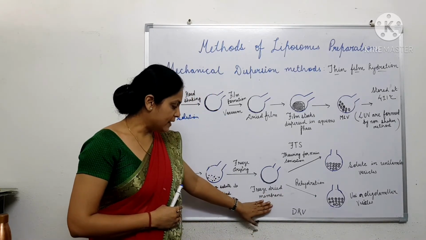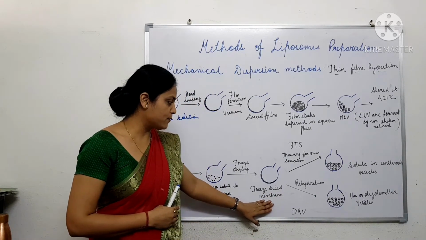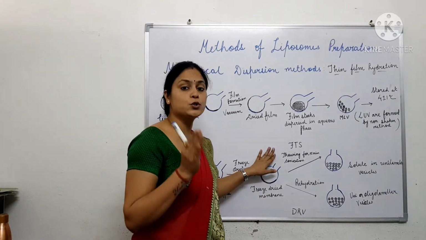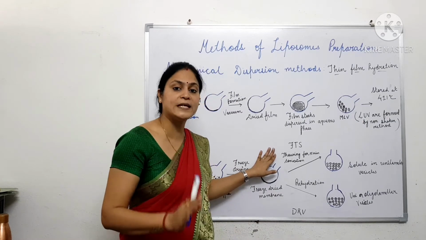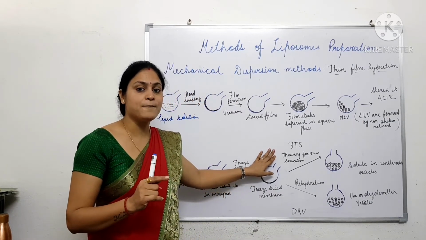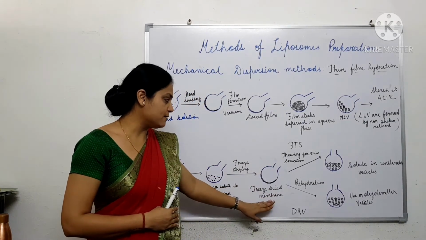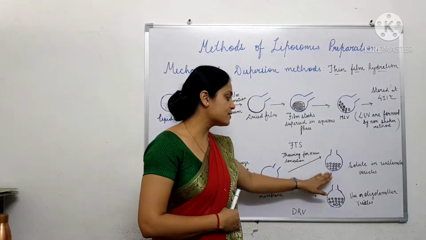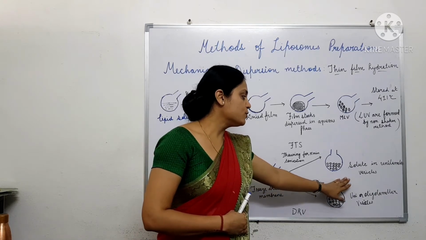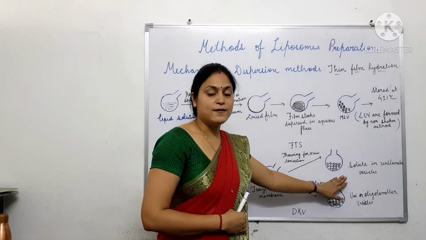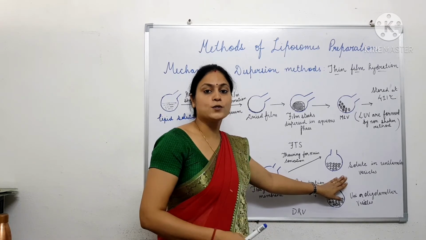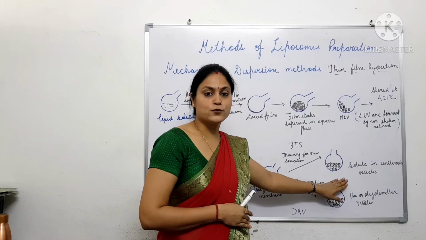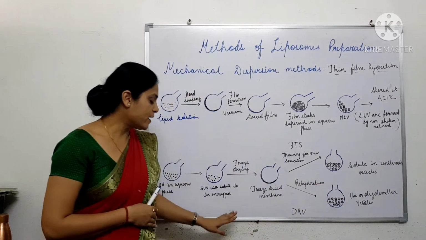Now, this freeze-dried membrane is allowed to thaw at room temperature for 15 minutes, which results in the melting of the freeze-dried membrane, and then it is sonicated for 5 to 10 seconds. It results in the formation of unilaminar vesicles having the solute entrapped or enclosed within these liposomes. Unilaminar liposomes are formed.